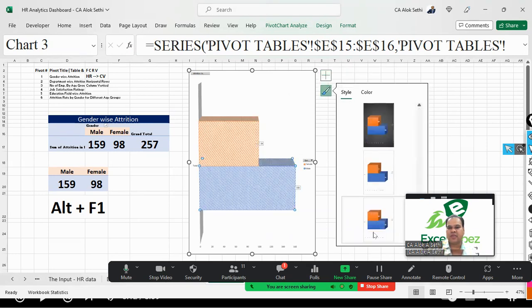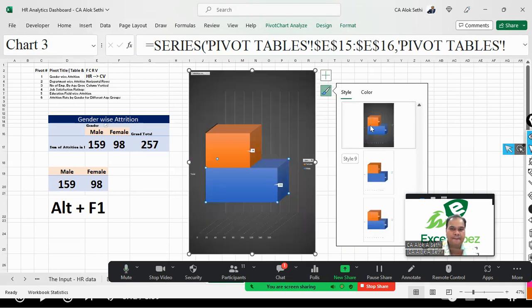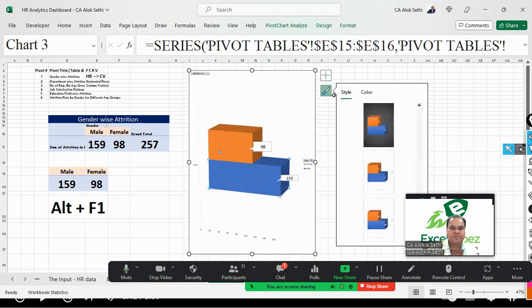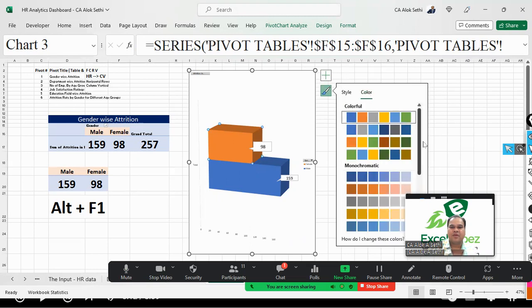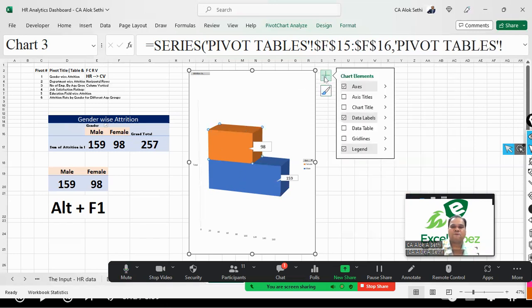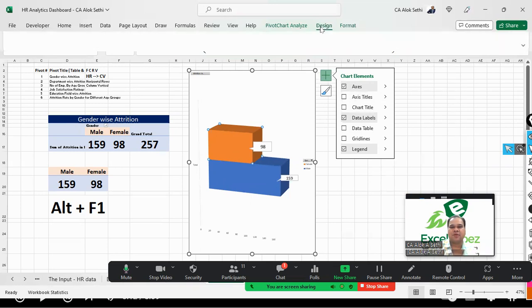You can select sub any... ब्रश, हाँ, ब्रश वाले ऑप्शन में जाते हैं, ब्रश वाले ऑप्शन में जाके तो नहीं हो रहा है ये। ठीक है, how do you change the... स्टाइल में शायद होगा, ब्रश के ऑप्शन में स्टाइल में शायद ऑप्शन है। नहीं, देखिए इसमें ऐड में भी जाएंगे तो भी नहीं है, आपको क्या करना पड़ेगा, आपको जाना पड़ेगा डिजाइन में।